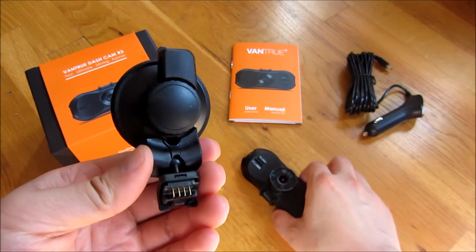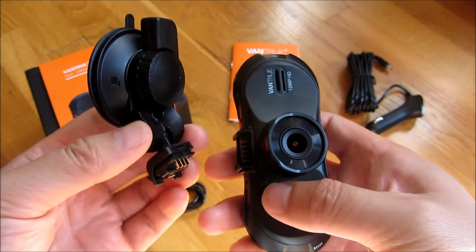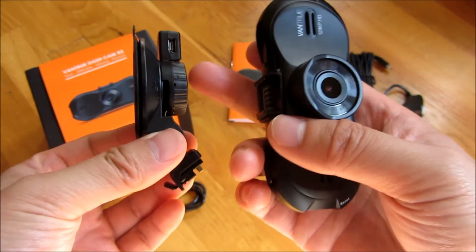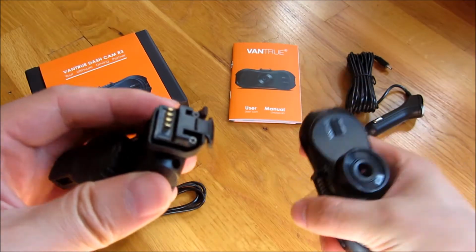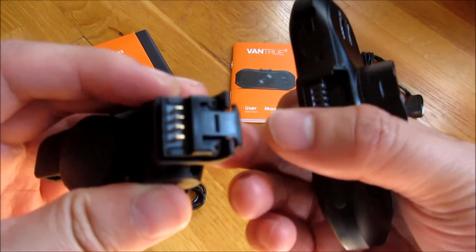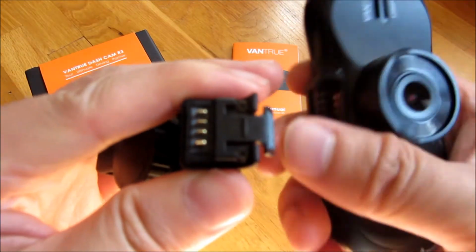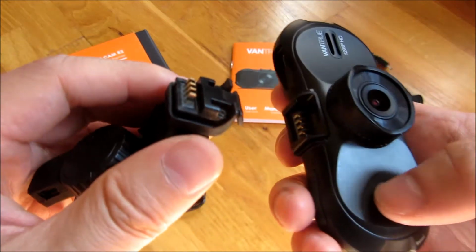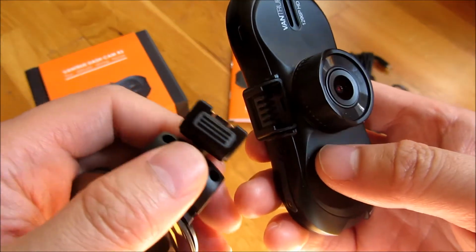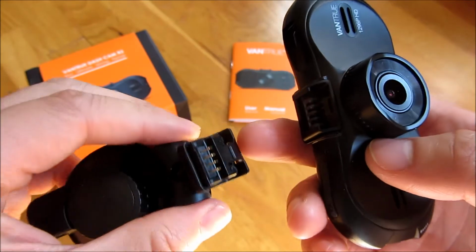So what's convenient about this is that you could detach this dash cam without detaching the suction cup, which actually comes in very handy. And you'll notice one thing about this snap-in is, unlike a lot of the other connections to the dash mount, this actually has a little notch. And from my experience with some of these dash cams is it shakes off if it doesn't actually have a